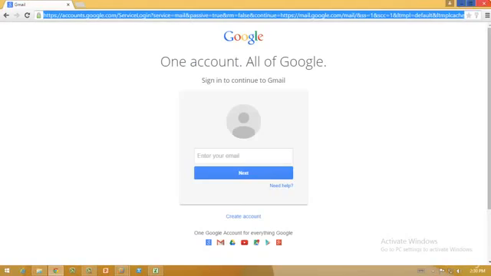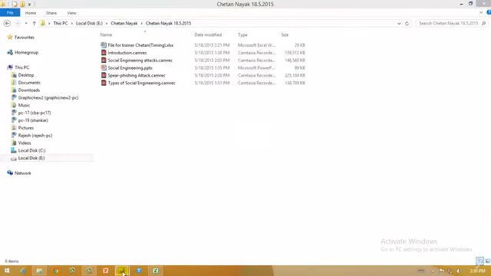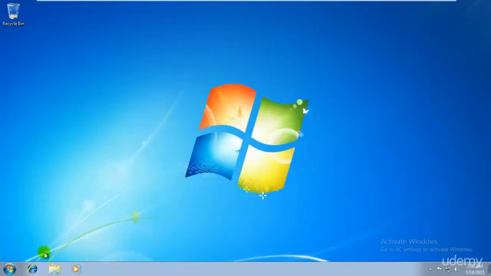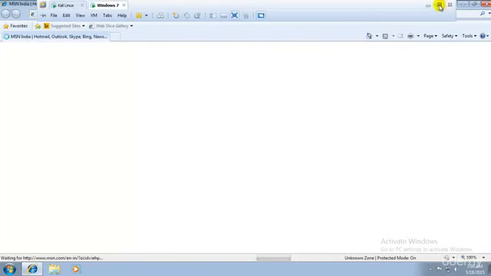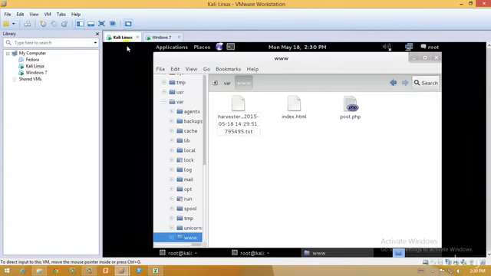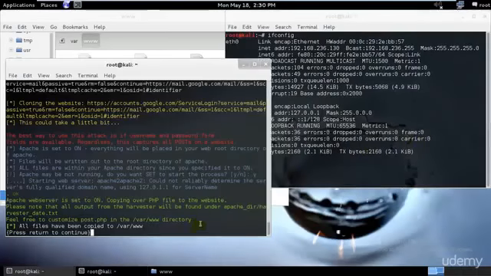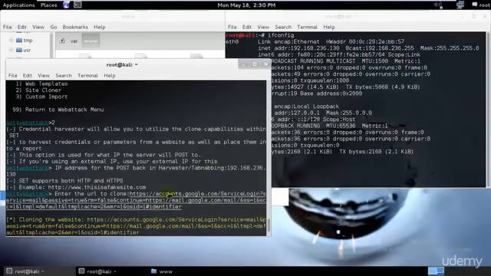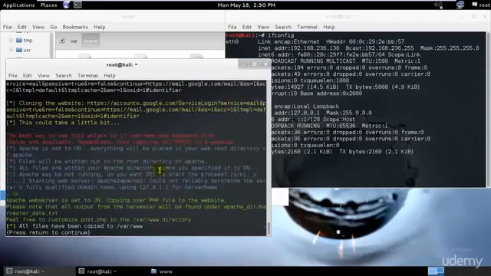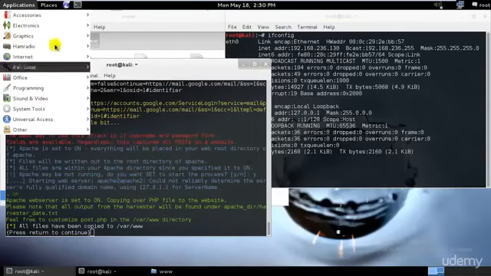And I'll just go ahead and open our target computer. Let's assume this is our target computer. I'll open the email ID, and what we would be doing is we need to send this specific email. We need to send this specific IP address to the person whom we want to attack. So what I would normally do is I'll just go ahead and open